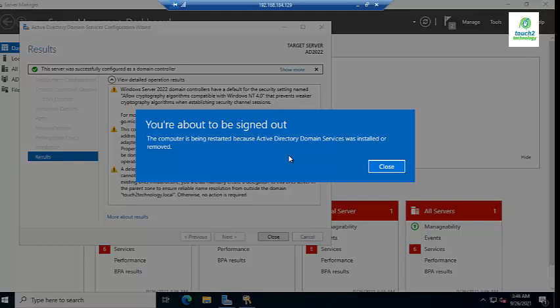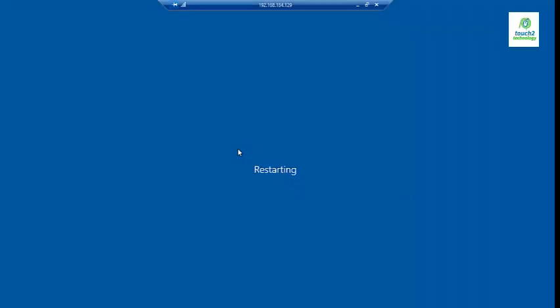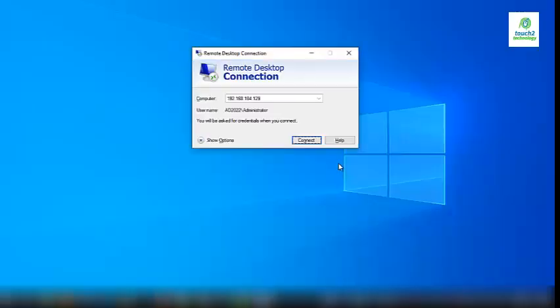Here is one notification: the computer is being restarted because the Active Directory services have been installed. Okay, friend.